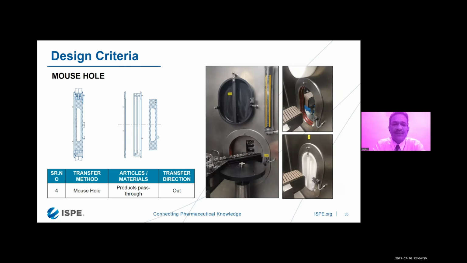So the design of the mouse hole is very, very important in order to maintain the proper overpressure. As you can see over here, it has inflatable gaskets wherein this particular cover is going to sit when you do the VHP sterilization. Normally, when you have an integrated vial line,